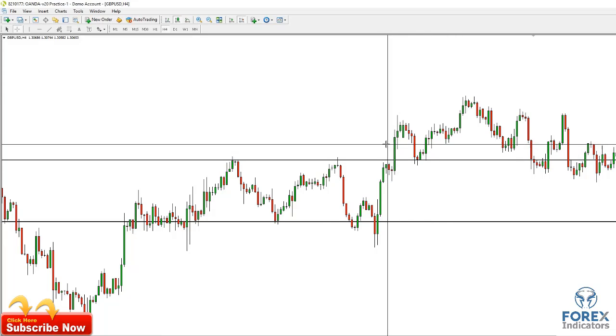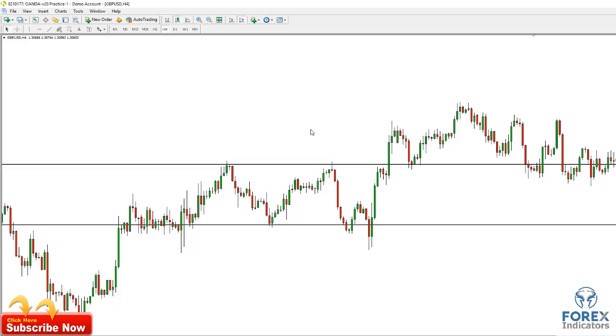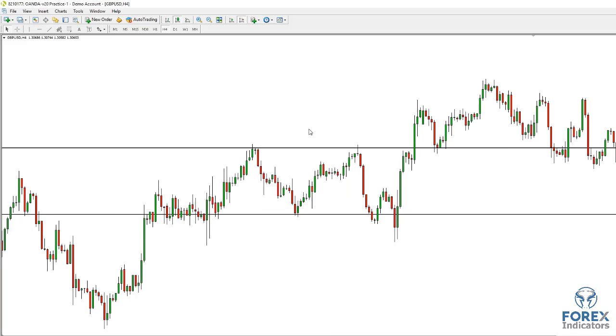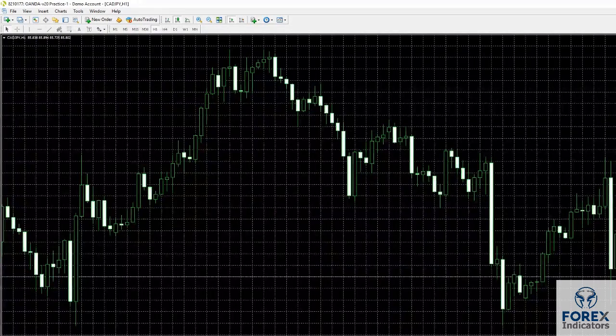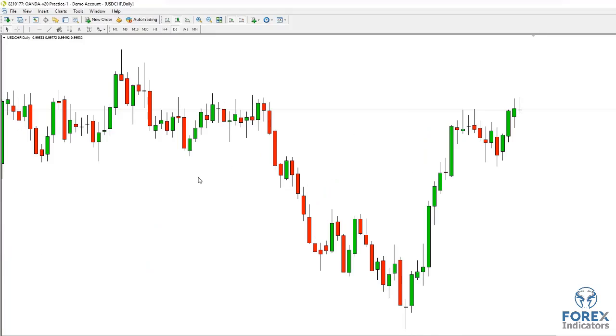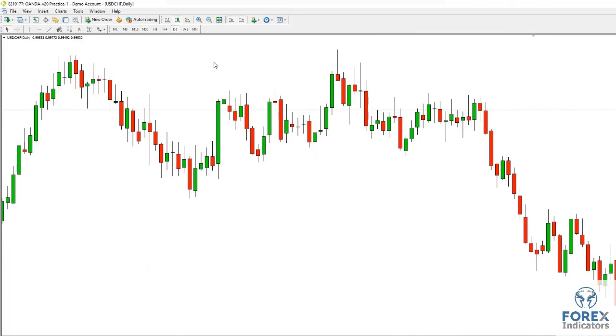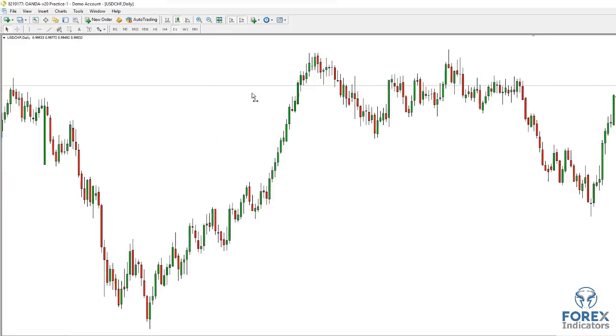So that's the idea of support and resistance: drawing lines of supply and demand levels and using them to place trades in the direction that the market tends to want to go at those levels based on the past. So that is support and resistance. Now finally, let's get to our dollar Swiss trade and put it on the daily. Next we're going to look at some